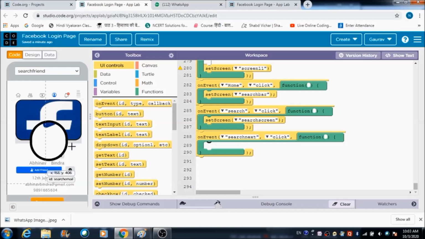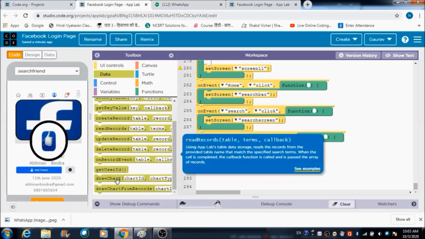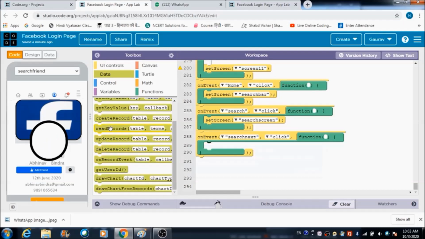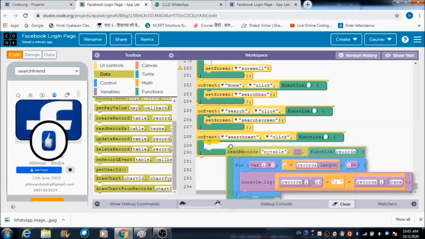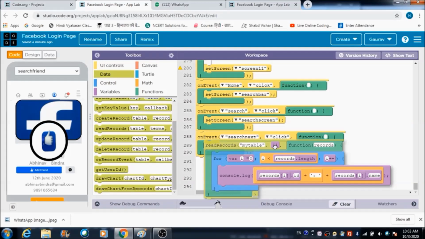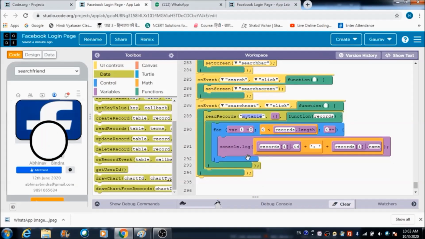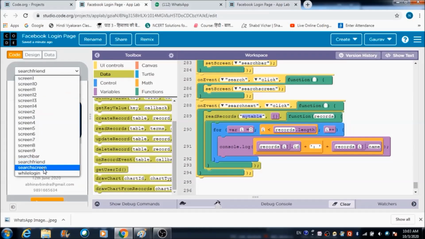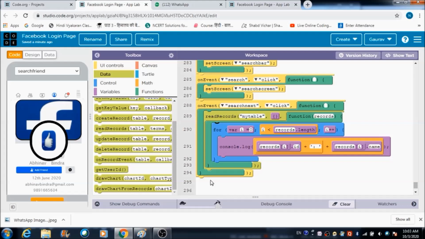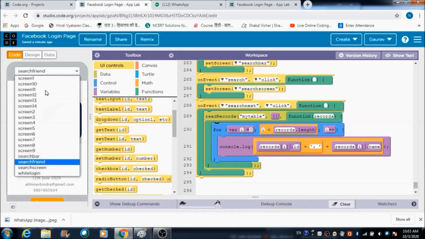This is the question. So what I can do is make use of the read record option, because I need to read the records of that person first, right? So let's read the records from the table. From which table are we going to read the records? We will be reading the records from the table named